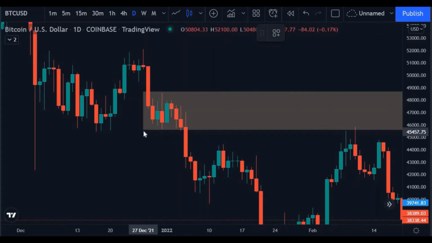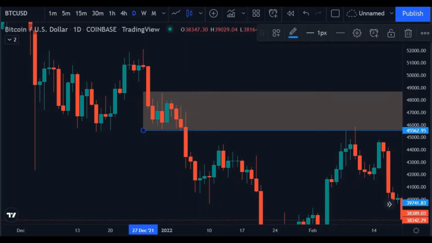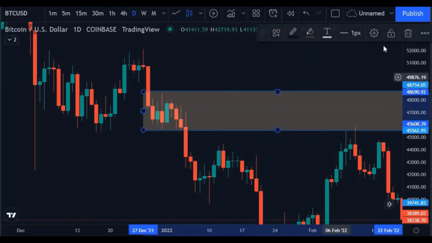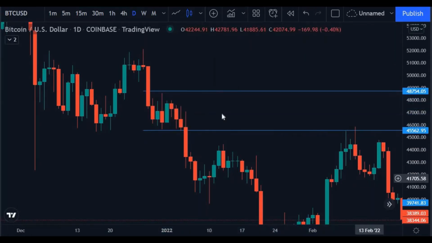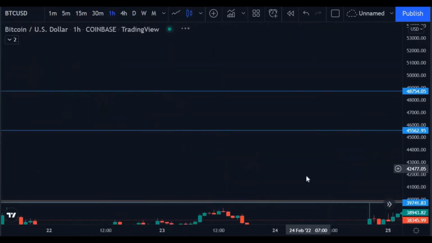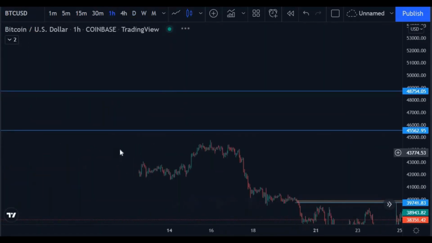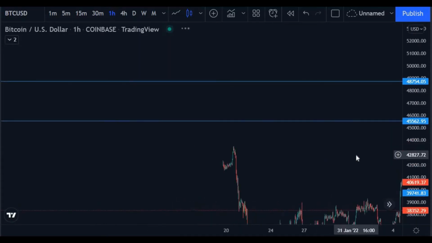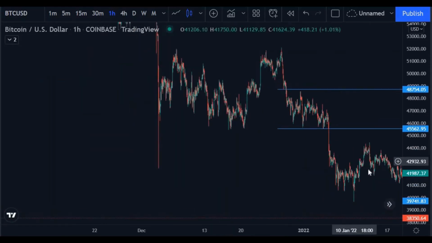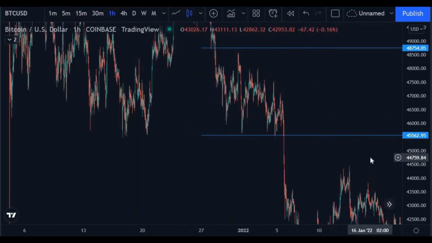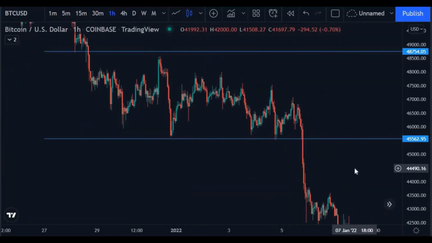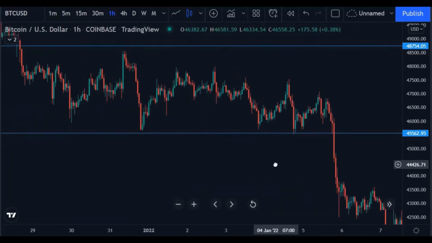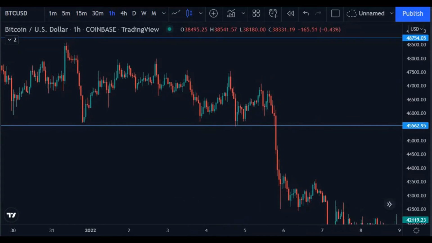So I'll pick out the next zone. Up here we have the supply setup. Once again, I'm just going to repeat this. Okay, I'll go straight to the 1 hour time frame. Okay, now